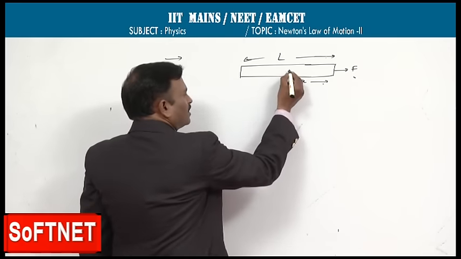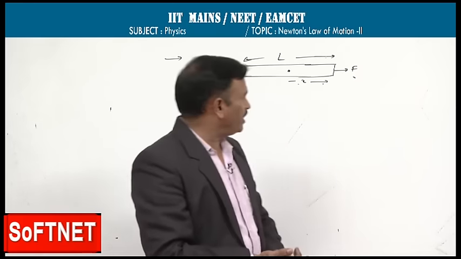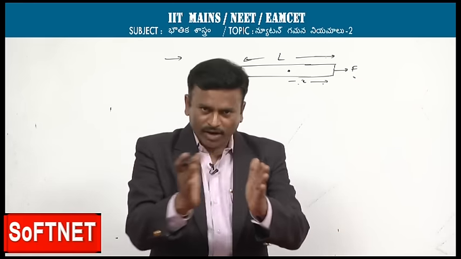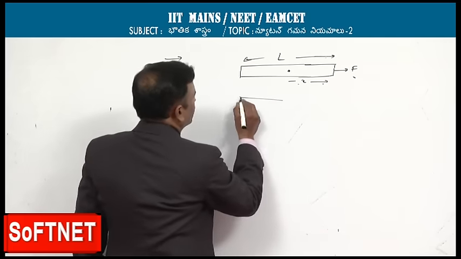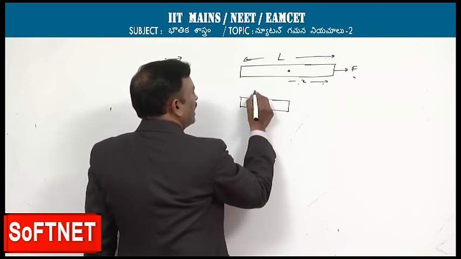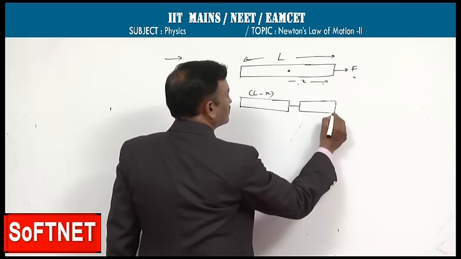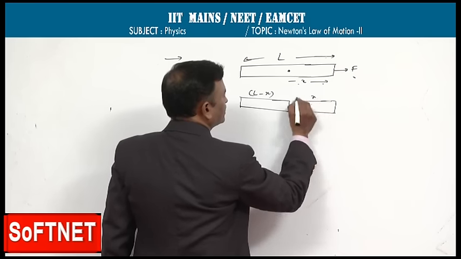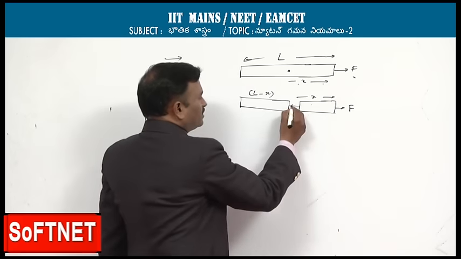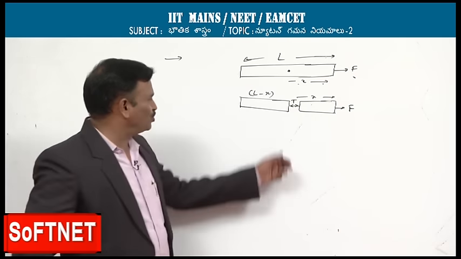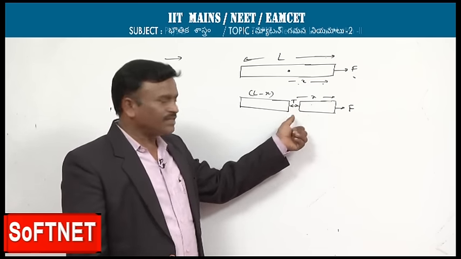So let us see. The thing here is the splitting method. Even one body, we have to split like two bodies for our convenience. So let us see how to do it. Here the body is L minus x, obviously, because this is x. As you are taking this as x, the rest is L minus x. The applied force is F. The common tension in between them is T, then it will be easy.